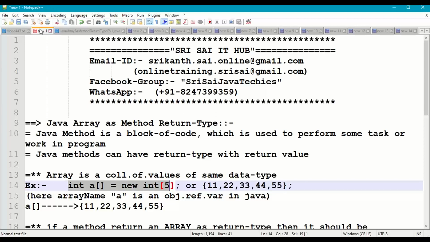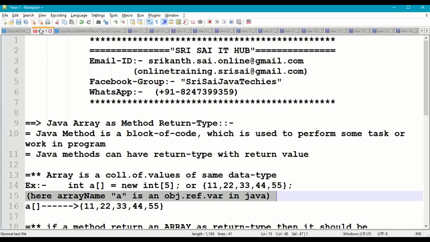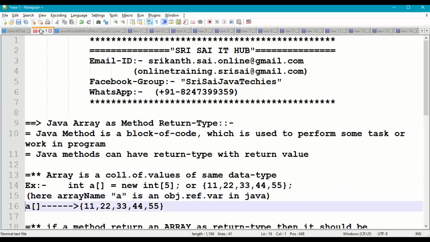Or I can take a set of values 11, 22, 33, 44, 55. Here array name a is an object reference variable in Java, which means that array is an object which will be pointing to a set of values available in the memory.